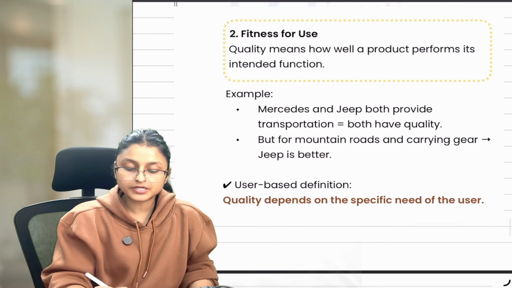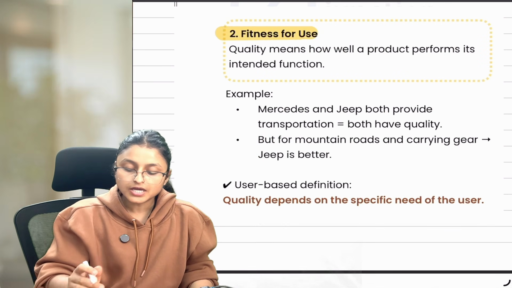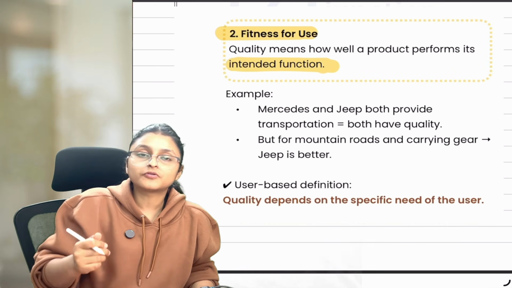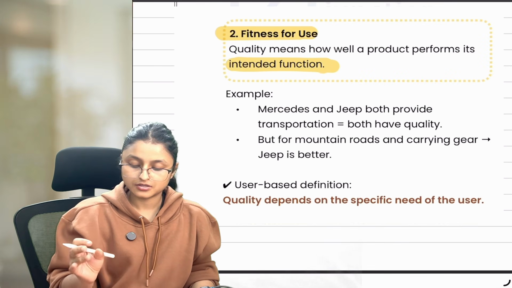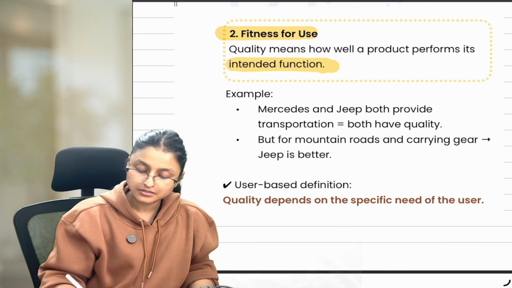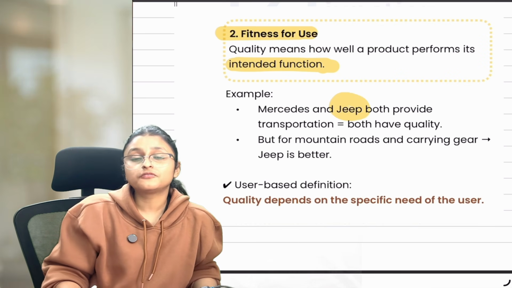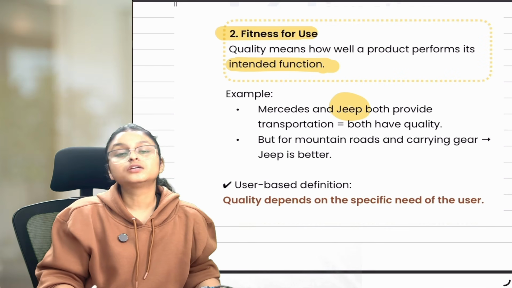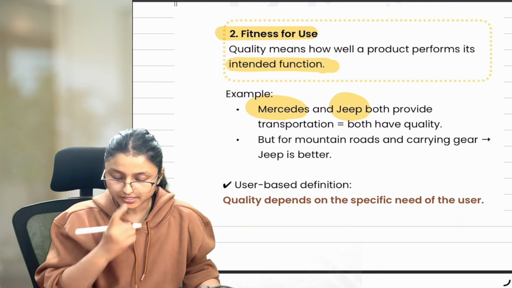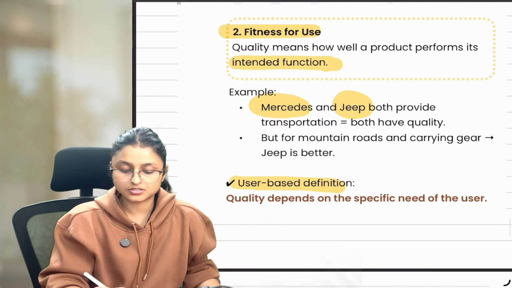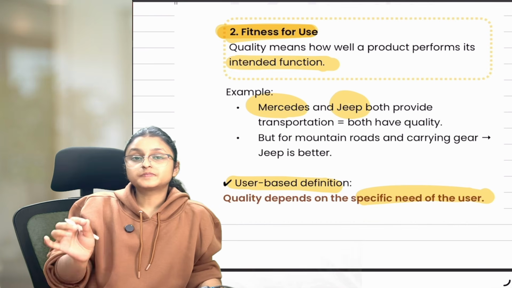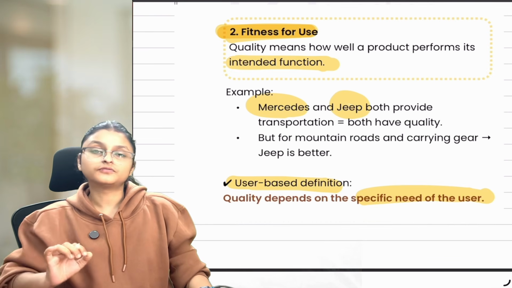So when we say fitness for use, we are focusing mainly on what function I want to perform with my product. So if you are focusing mainly on taking mountain rides, then Jeep is a good option. But if you want to run your vehicle on a normal road, then Mercedes might be a good option, right? So user-based definition is fitness for use. It mainly focuses on the specific need of the user,